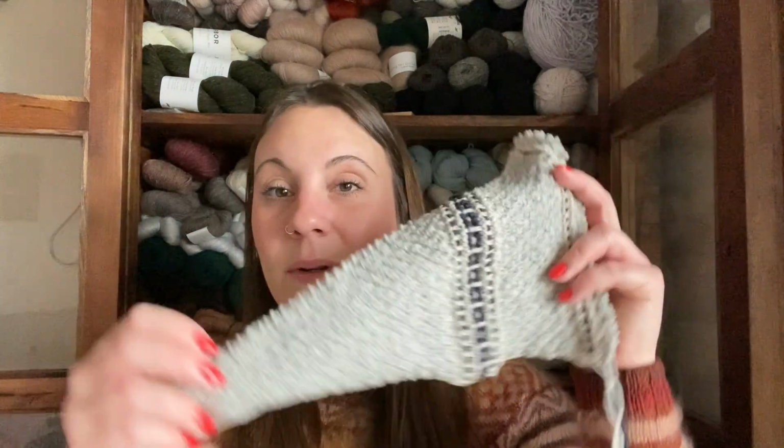I just want to rip this out, have it be gone, and then when I'm truly ready to start this project, I'll be able to start fresh and clean. It will feel completely brand new. And for that reason, I'm going to rip it out. And it is kind of a waste of time, I suppose you could look at it that way. I definitely would not rip out something that I had spent weeks and months working on, but a couple days' worth of work, I would rather rip it out